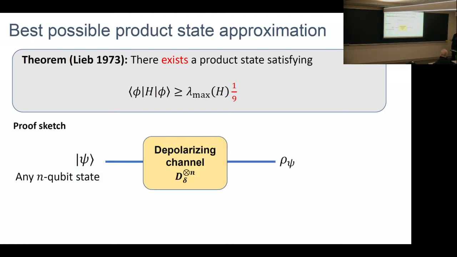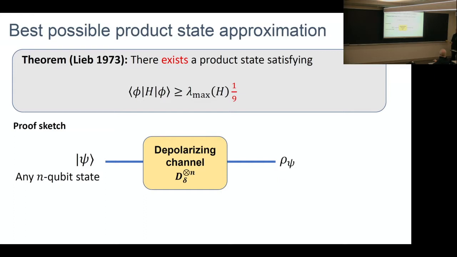Let's say you just give me any n-qubit state psi. Now I'm going to add noise to that state. I'm going to apply a depolarizing channel to every qubit. There's a parameter in this channel, delta, and when delta is 0, that corresponds to replacing the state with the identity, the completely mixed state. When delta is 1, you're doing nothing. So it's completely noisy when delta is 0, and when delta is 1, you're doing nothing to the state. You're acting on every qubit individually; it's a tensor product of depolarizing channels on each qubit.